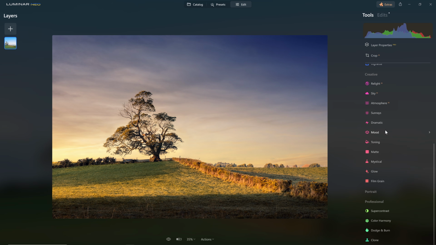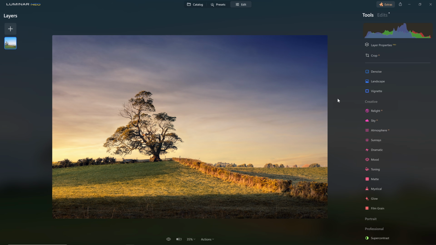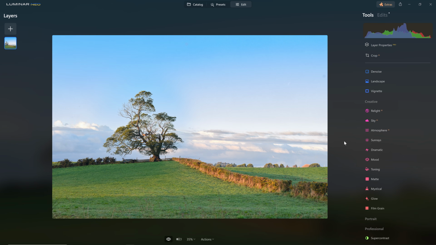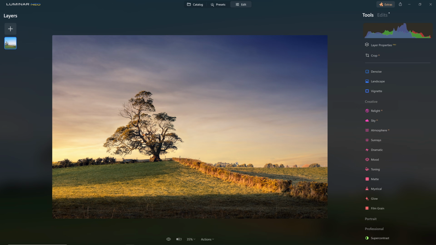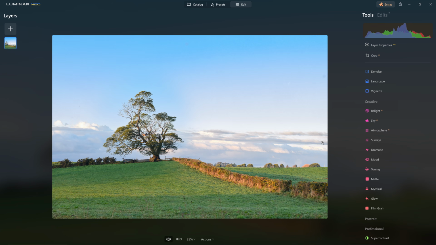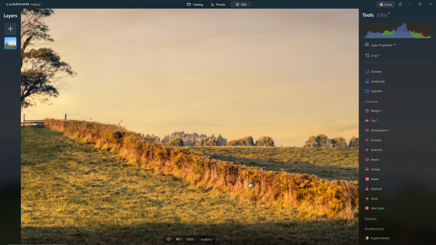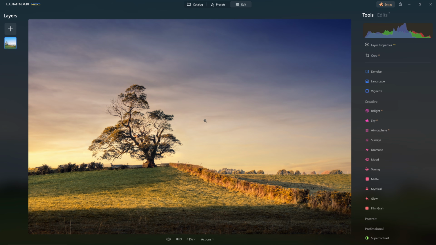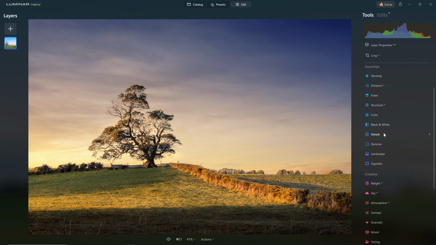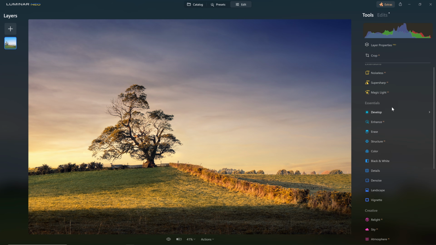And I feel like the highlights actually are getting a little overexposed with all the addition of these tools. So if we jump back to what our original photo was like and where we've got to with this process, huge difference. But you can tell that we are pushing these highlights to their absolute extreme. I feel like we're getting a little bit overexposed and oversaturated on the little hedge line here as well. So what I think I will do is just finish this photo off with a little touch of curves,